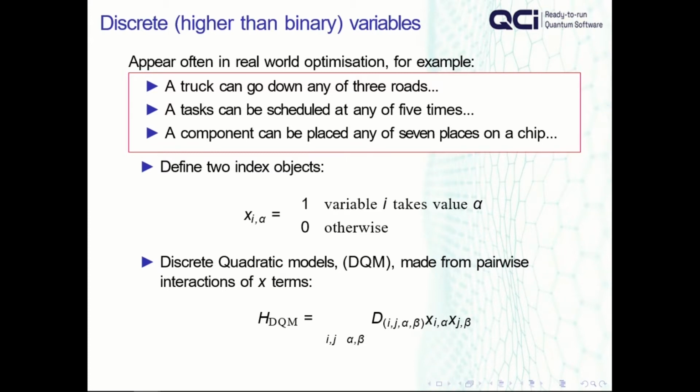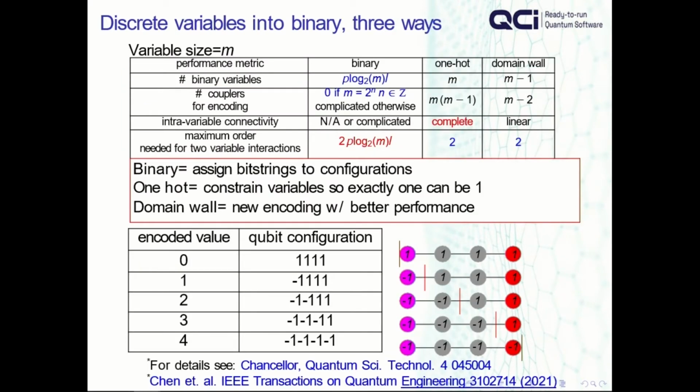I'll talk about what's called a domain wall encoding, which I've presented in previous work. But in this work, me and my colleagues really looked into how this works and where it gives you advantages. And we found that not only does this encoding help put this on the chip more efficiently, it also helps the physics. If we're thinking of taking discrete variables and putting them into a binary encoding, the first thing you might think to do is assign each one a bit string.